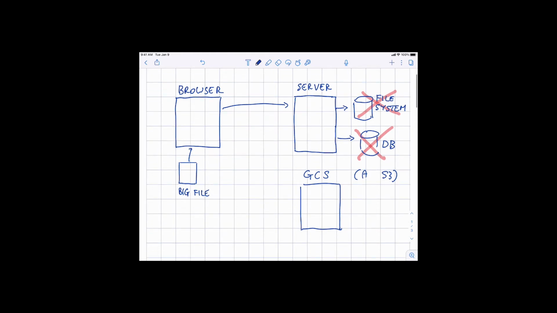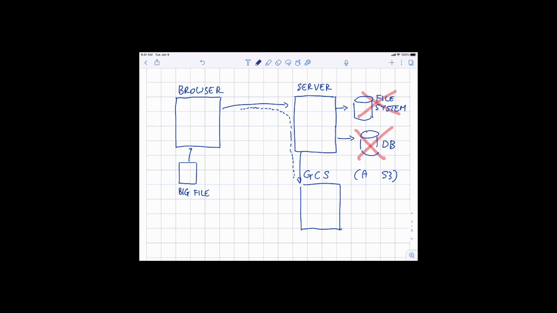Now you think that, okay, fine, so we upload it to the server and then the server will put it into Google Cloud Storage. Yes, pedestrian people that don't know any better do this, and sometimes it's actually necessary to do this. The drawback of this is this. Imagine that this big file is a movie, we are getting submissions to a movie contest and these people are uploading to us their multi-gigabyte movies. In this way, these huge movies would be taking all the bandwidth to our server that would use all the bandwidth to store it out in Google Cloud Storage.